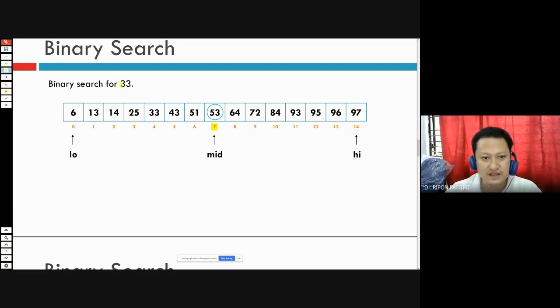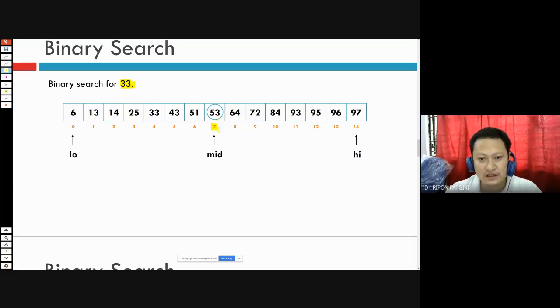So compare 33 with the middle, 53. We need to find out whether 33 is in the set or not. Is it equal?